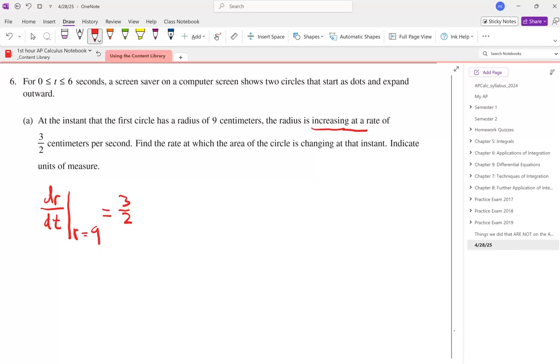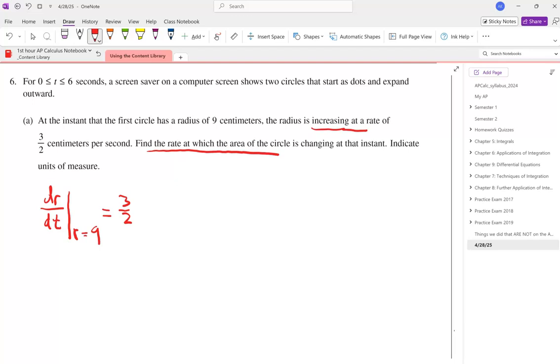Now it's asking to find the rate at which the area of the circle is changing. So the previous information gave me information about the circle's radius. So the equation for area that I want to write needs to be in terms of just the radius. Well, that's fine, because the area formula for a circle is just